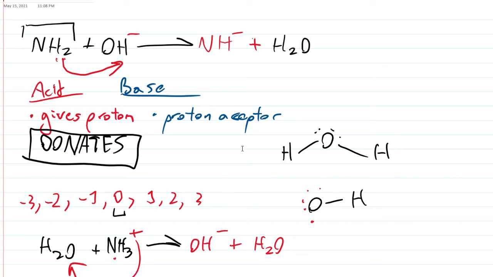You'll know that over here, see there's three groups of lone pairs, and oxygen, when it has three groups of lone pairs and one bond, that means that its formal charge is negative, right? So it has too much, and it wants to give it away. It has too many electrons, right? And this has no charge because it satisfies the octet and it satisfies the formal charge, which is 6 for oxygen, right? So because of that, when it's an acid-base reaction, it'll give it away to the hydrogen, and you'll give it back over here, and then what will happen is you'll end up having